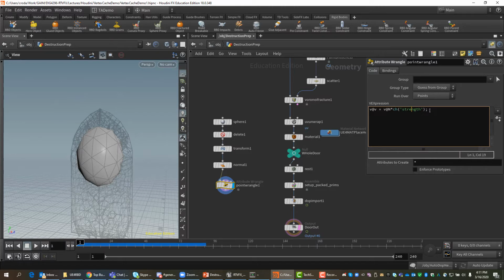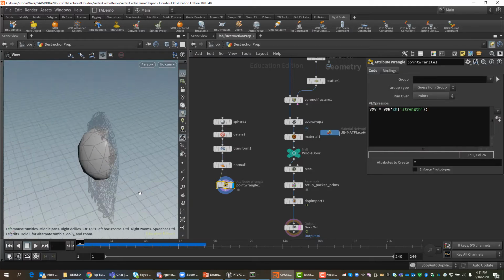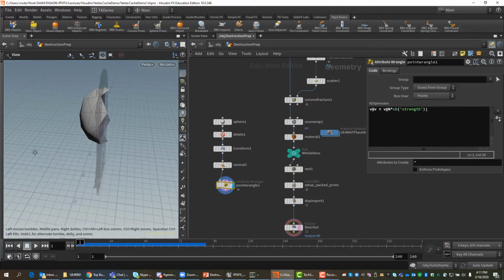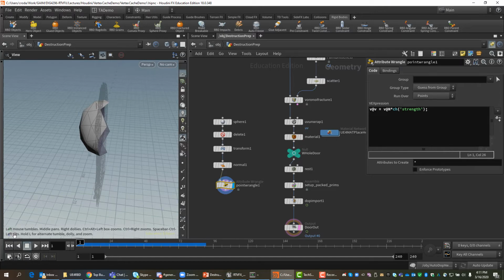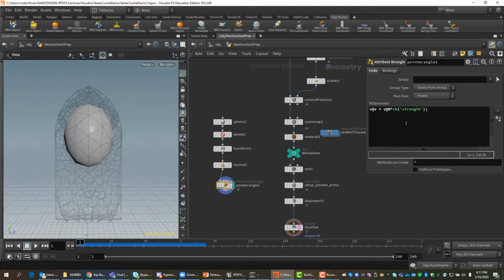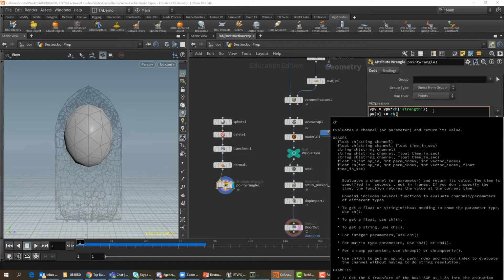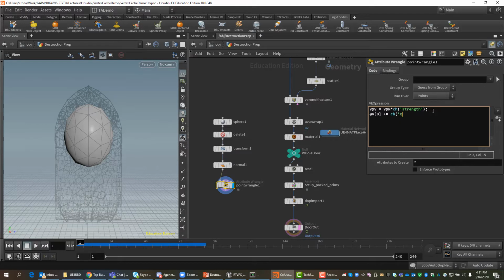And with that, we're also going to apply an offset, because I noticed that this is pointed off in the x direction. How do I know this? Well, you can see the little gnomon there. This is pointing at the positive x direction is that way, so the negative direction is that way. So I wanted to bias a little bit more x offset. So what I'm going to do is I'm going to bias the x offset. So I'm going to go v@v[0], which is, in other words, for the x direction, += ch("xoffset");